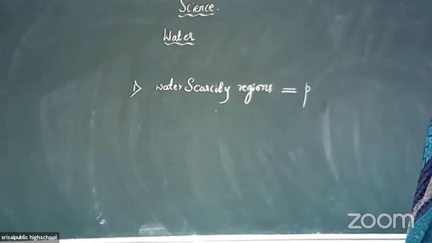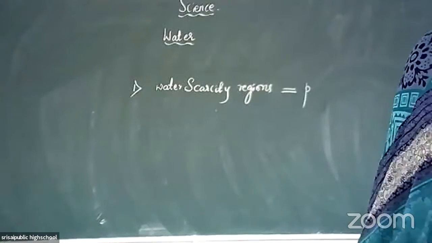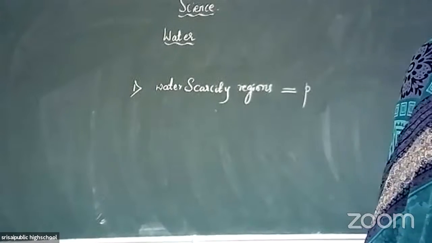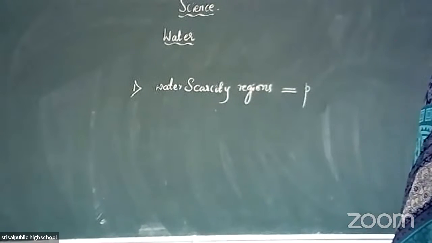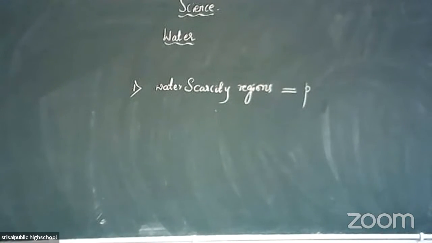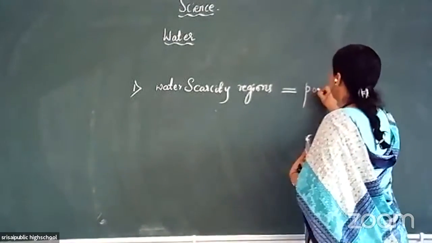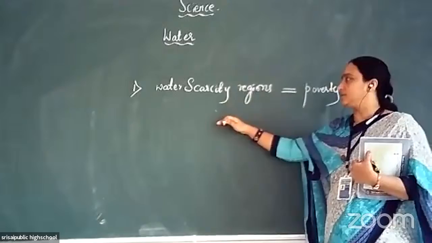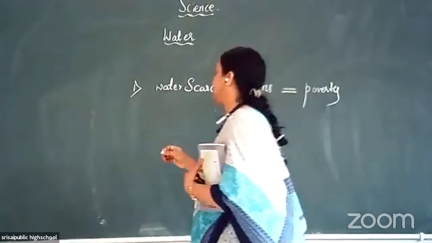Yes, students, are you hearing me at least? Is the voice clear to you? Yes, Abhilash? Yes, ma'am. Why? You have understood? Yes, ma'am. Then answer me. Ma'am, acute poverty regions are same, okay? By the rainfall pattern, you have observed that water scarcity regions and the acute poverty regions are same. And the second point that you have observed,